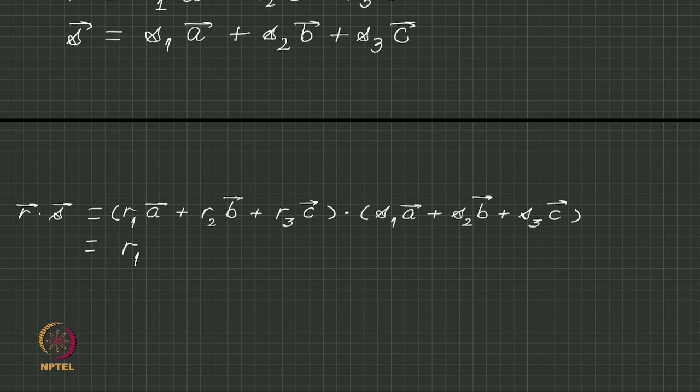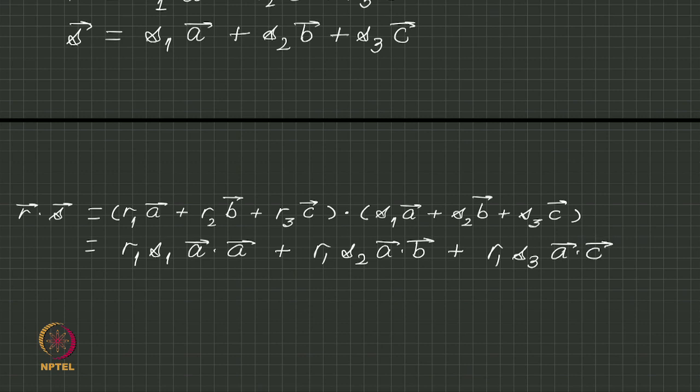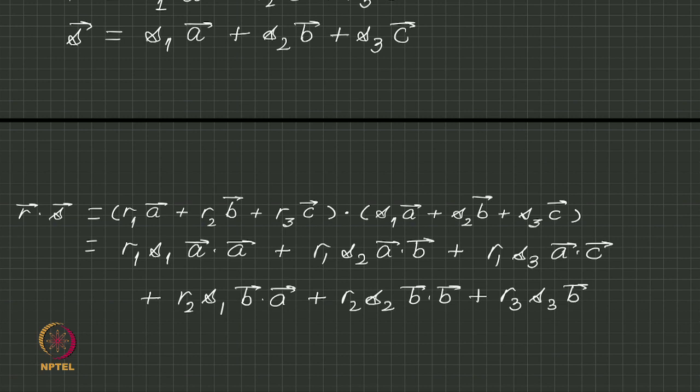So, you will have R1 S1 A dot A, R1 S2 A dot B, R1 S3 A dot C, plus R2 S1 B dot A, R2 S2 B dot B, R2 S3 B dot C,